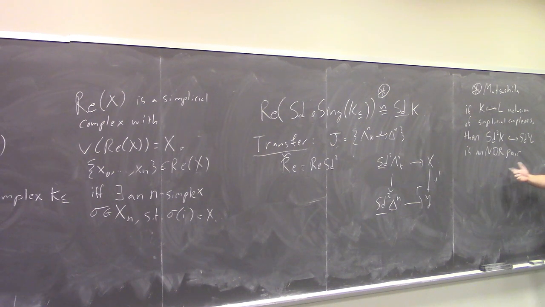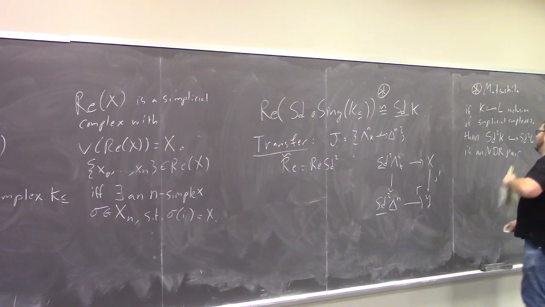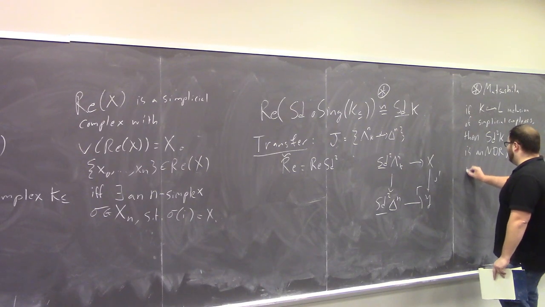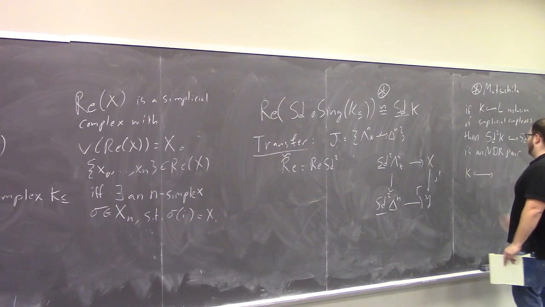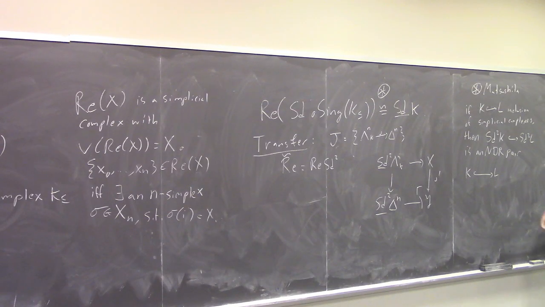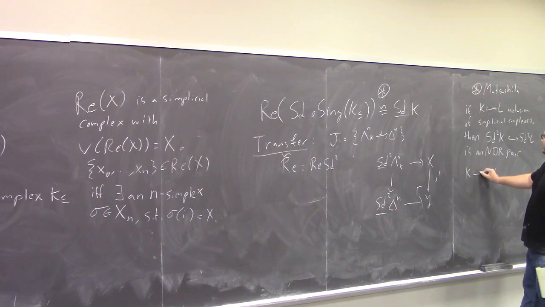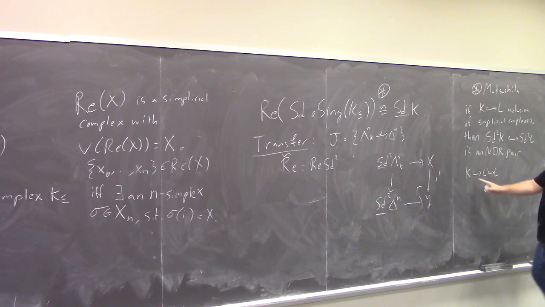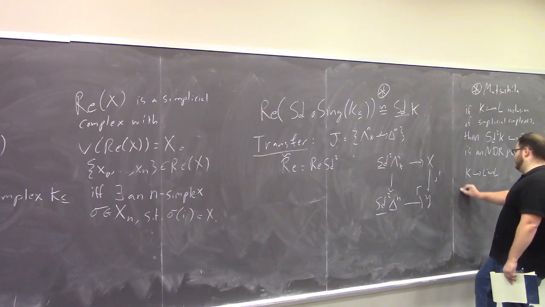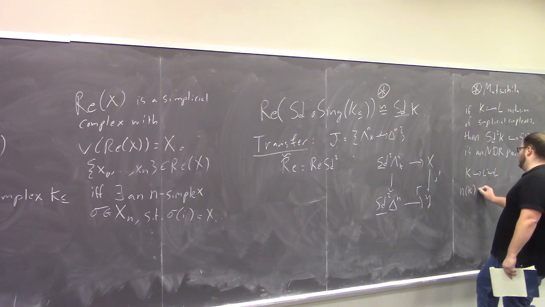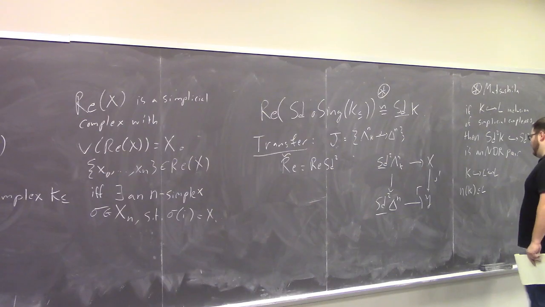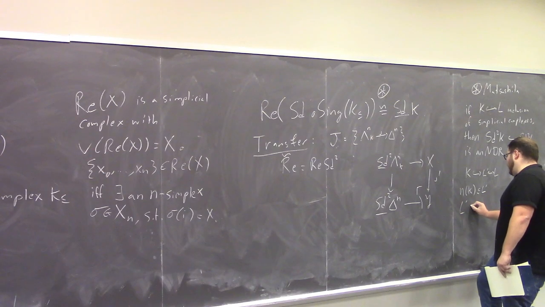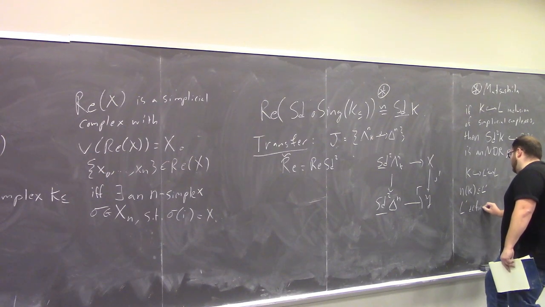What's an NDR pair? An NDR pair is a kind of inclusion of simplicial complexes where there exists another simplicial complex in between, such that the neighborhood of K is inside L prime, and L prime deformation retracts